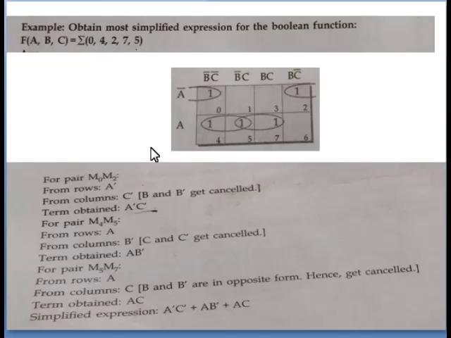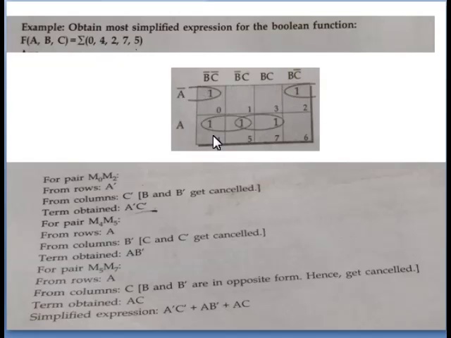So this is the 3 variable K map. See here, ABC. They gave the input as ABC. So we know that it is a 3 variable K map. So the first step is you are going to draw the K map. Name the K map and mark the cell numbers also: 0, 1, 3, 2, 4, 5, 7, 6. Okay, marking is done.